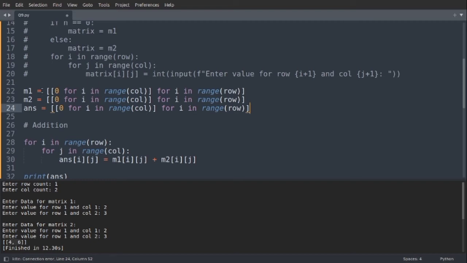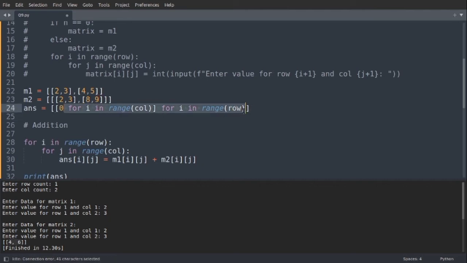So here I will add, and instead of this, let's just remove this code. So I will put 2 comma 3, and then 4 comma 5, and similarly I will just copy this and paste it here. So instead of 4 comma 5, let's just take 8 comma 9, and here also 0 comma 0, so that